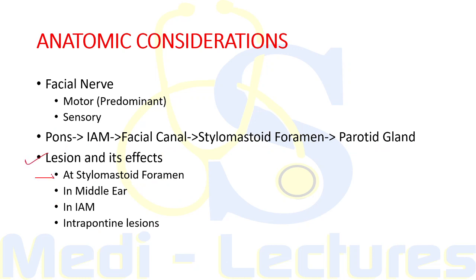If the lesion is at the stylomastoid foramen, it will paralyze all the muscles of facial expression, and there will be characteristic drooping of the corner of the mouth. The creases of skin folds are effaced. The forehead becomes unfurrowed and the eyes will not be able to close. Now upon attempted closure of the eyelids, the eye on the paralyzed side will roll upwards. This is known as Bell's phenomenon.